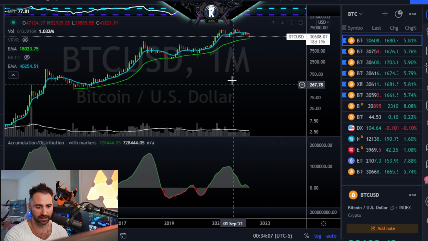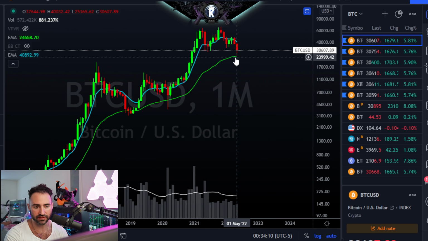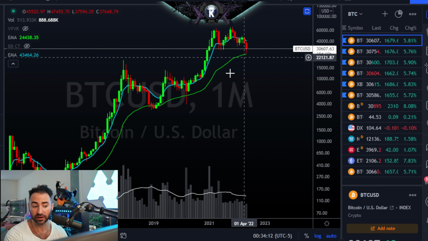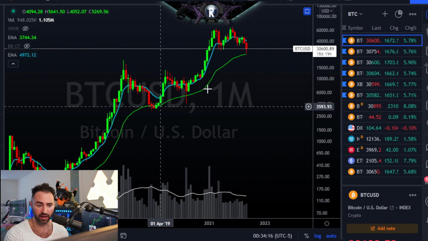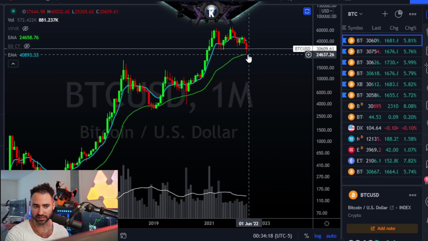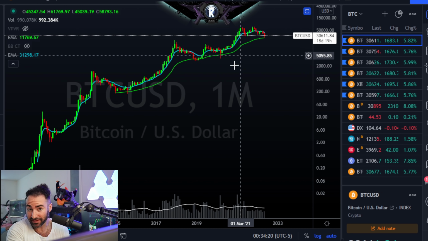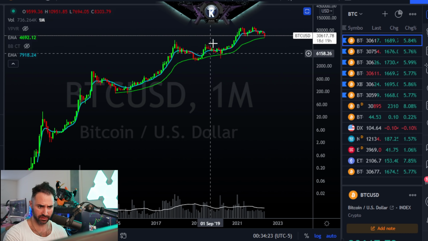Now, one of the things right here, honestly, is the monthly 55. Bitcoin did get a test down around there. Again, we can hang around there, even get a few wicks lower. That's completely fine. If this area gets retested, that's completely normal over a long period of time on a macro chart.